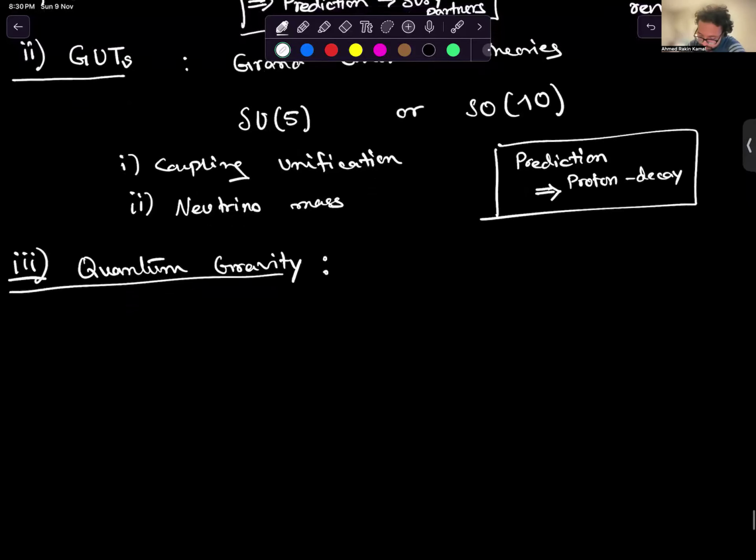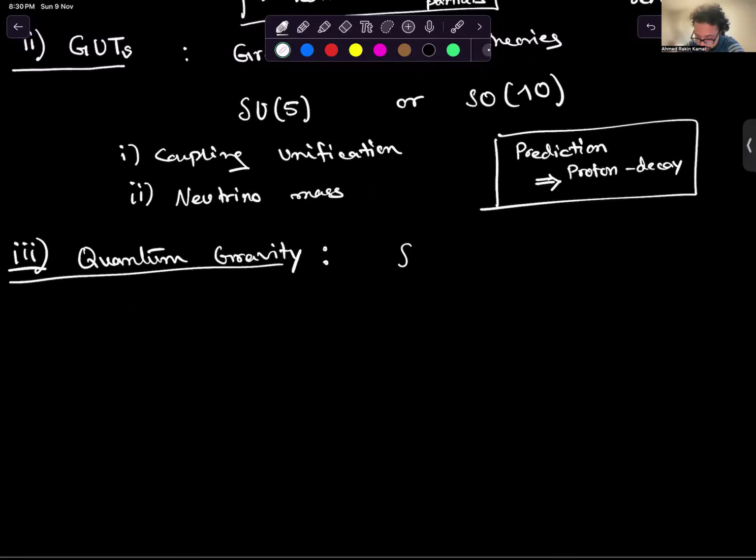So one of the major candidates for quantum gravity is something called string theory. So this is the only UV complete, that is, it has no infinity issues, renormalizability issues, and produces gravity consistently,